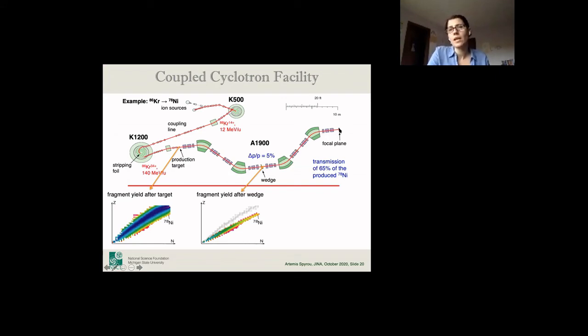And then through the second stage of the separator, you end up with a little group of nuclei right around nickel-78. It's not a pure beam. You still have some additional isotopes coming in, but we can work with that. We have very sensitive equipment that can, event by event, nucleus by nucleus, with accuracies of a few nanoseconds, measure and say, okay, this is what came down the pipe, this is what came into my detector system, and this is when it came, and just identify everything event by event. But you have to have a small number to do that. You cannot do it with millions of events.